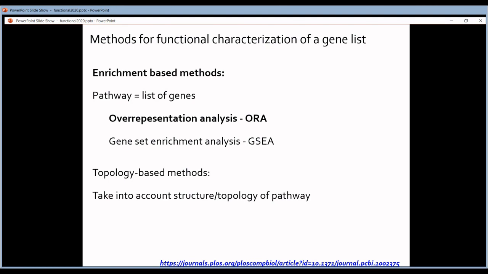Now, we will start with the enrichment-based methods because these are the methods that are mostly used for doing functional characterization. And here again, you can make a distinction between two types of analysis. On one hand, you have the overrepresentation analysis. On the other hand, you have the gene set enrichment analysis. So we will start with the first,